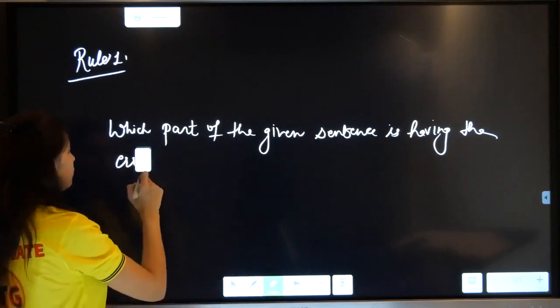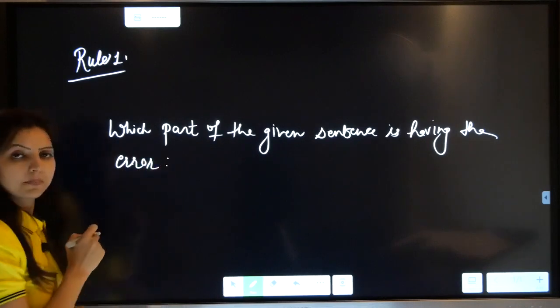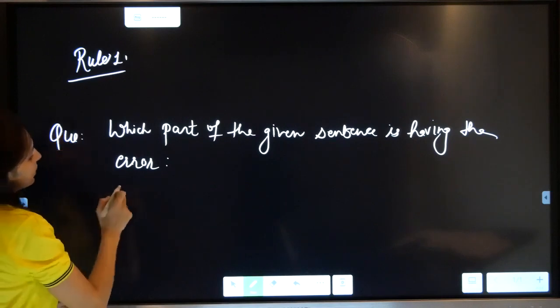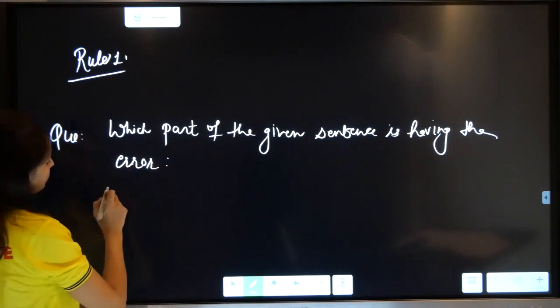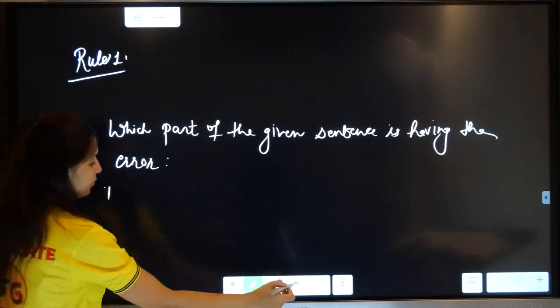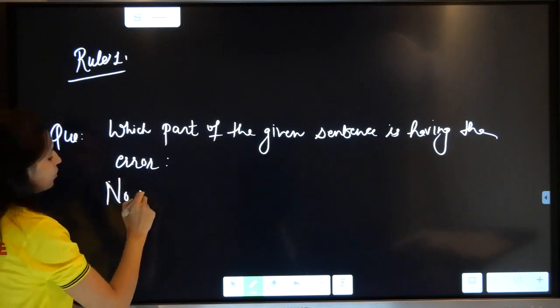The statement will be given, and then the sentence will be given. For example, if I say no news